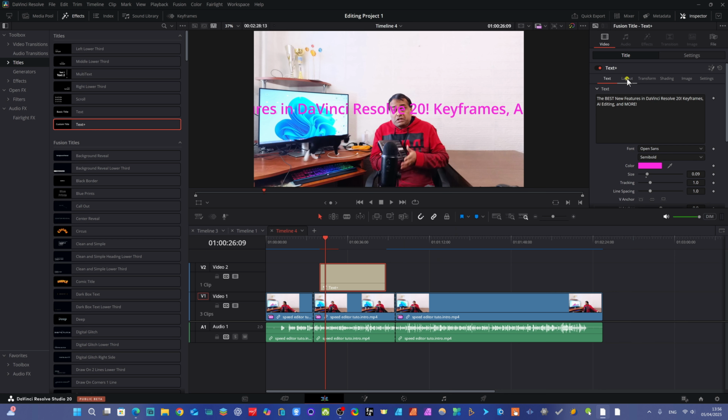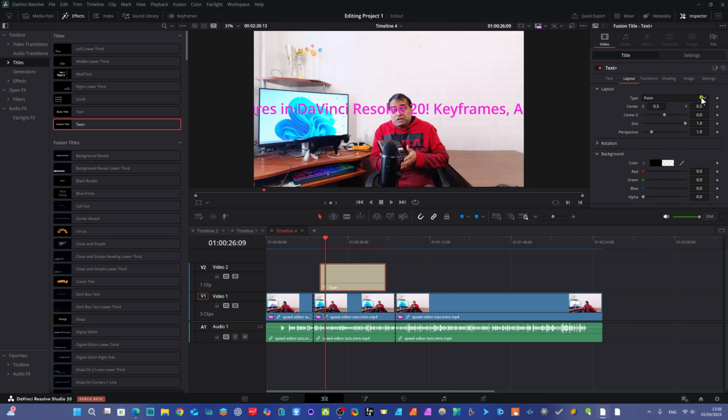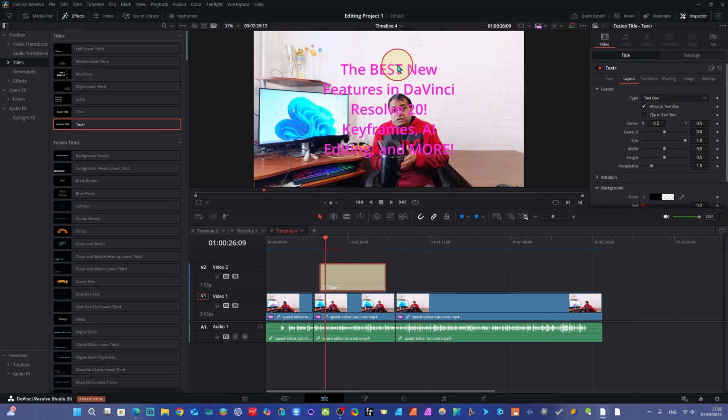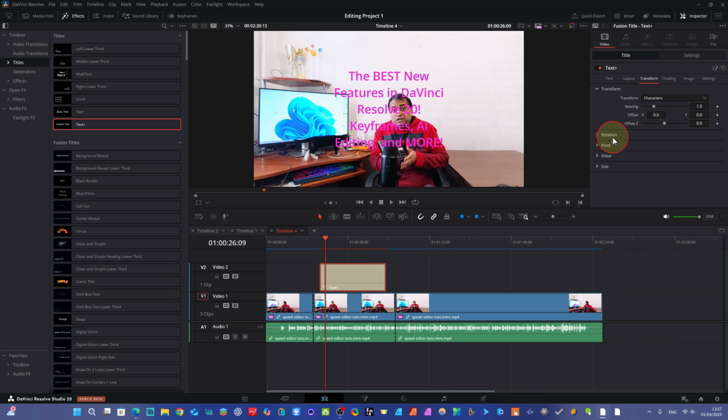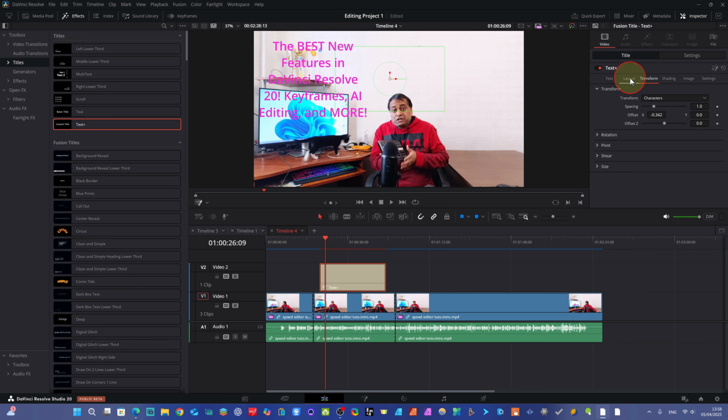Let's see, come here to layout. You see here in layout you will find this point. Here you can click, this is actually a new feature, text box, and in text box you see wrap to text box. So you see it has wrapped our text and arranged it. You can change the size from here, and you can put position X, Y, Z, and use transform. In this way you can resize, and here you see use an overlay, you can change the position from here anywhere, and it's visible. We are just resizing this, and anywhere we can place it. It's a really small cool feature, but we had been waiting for this feature for a long time.